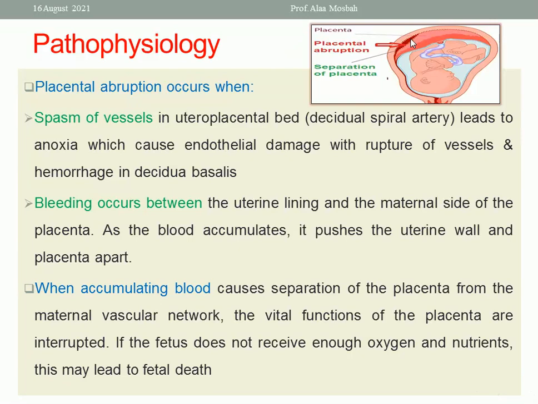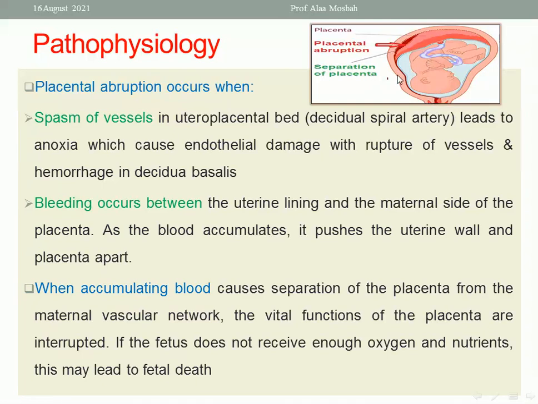Okay? If the blood is retained behind the placenta and can't pass to the outside, it is called concealed hemorrhage. And you will find by ultrasound a retroplacental hematoma and the patient has no vaginal bleeding. Or if the placenta separated at the margin, there is bleeding coming outside the cervical canal, called revealed bleeding. So concealed, the blood retained inside, and this is the more dangerous. Revealed, the bleeding comes outside.